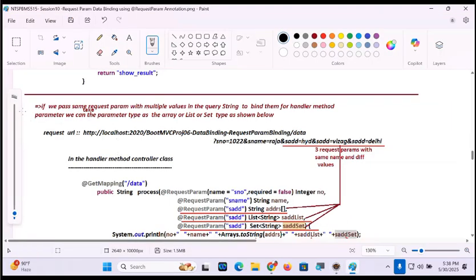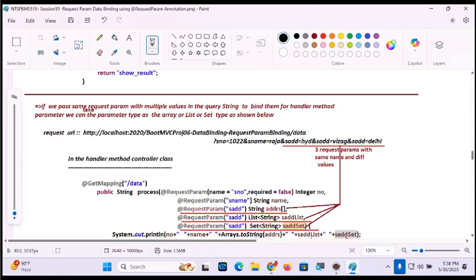If we pass the same request param with multiple values in the query string, to bind them to a handler method parameter, we can take the method parameter type as an array, list, or set type parameter. See, SADD is having how many, guys? Three values: SADD Vizag, SADD Delhi, SADD Hyderabad.